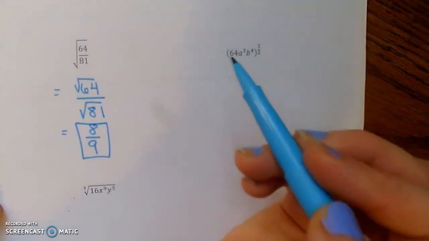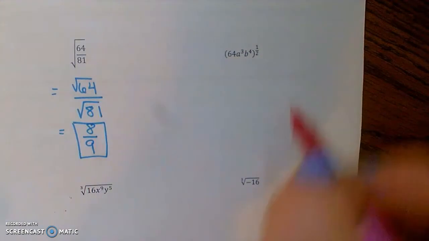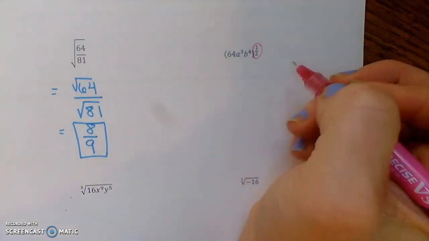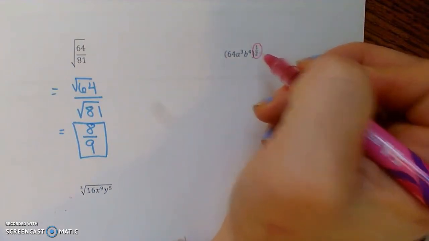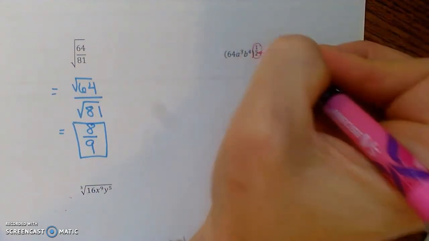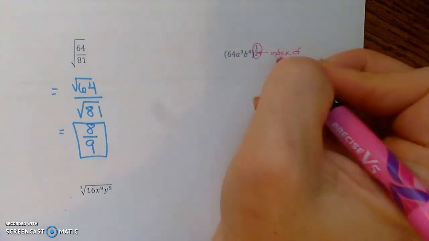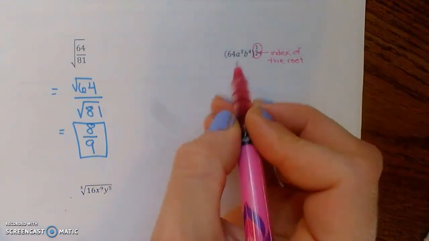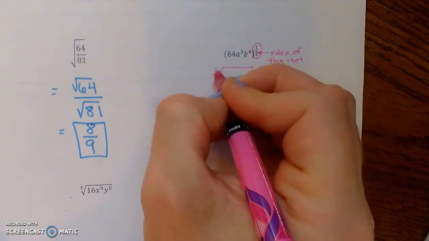Here's another example of a radical that might look a little unfamiliar to you. You see this exponent of a half? When you have a fraction as an exponent, that actually means you're talking about a radical. So the denominator of the radical is the index of the root. So this actually means root of index 2,